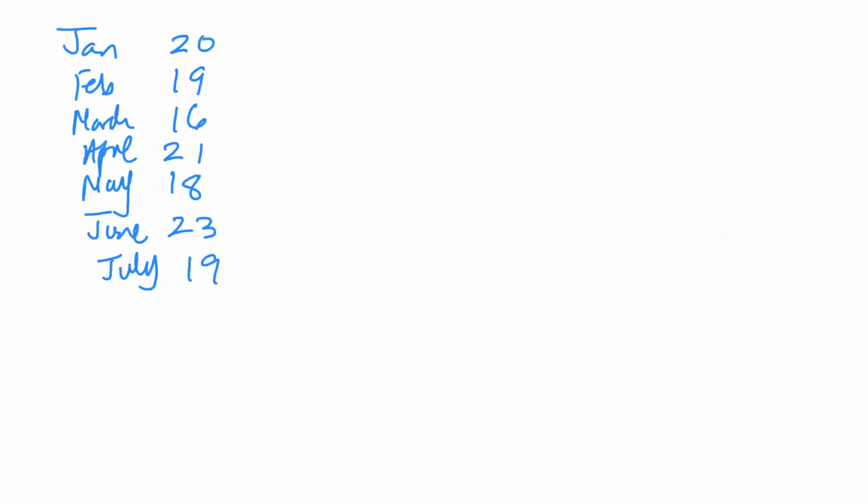Now, remember it says that you are to use a 3-month moving average. So what it means is that beginning at the very beginning, you count off the number of data points you are requested to use. So if it was 2, you would count off 1, 2, and you begin at the 3rd line. If it were 4, you count off 1, 2, 3, 4, and begin writing at the 5th line. If it were a 6-month moving average, you would count off 1, 2, 3, 4, 5, 6, and begin at